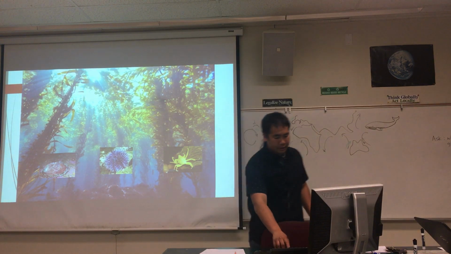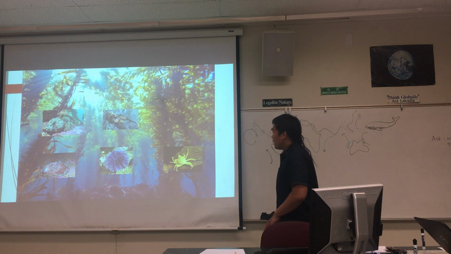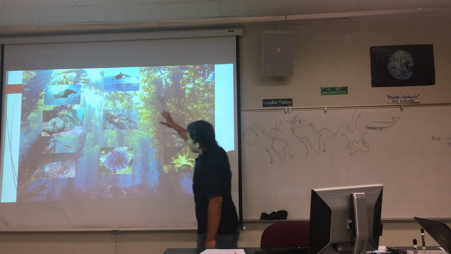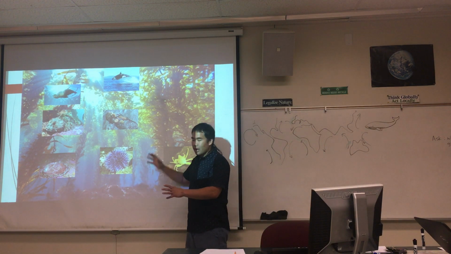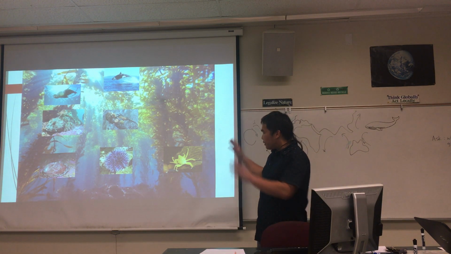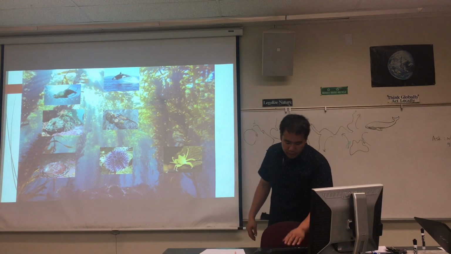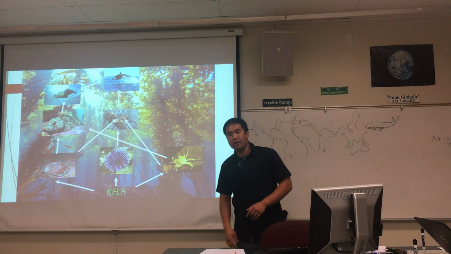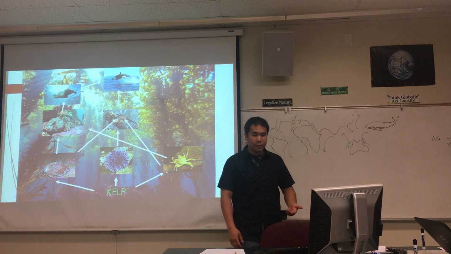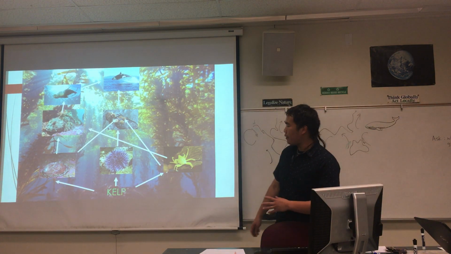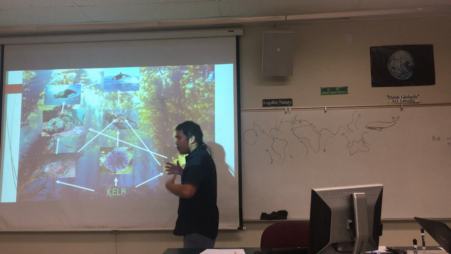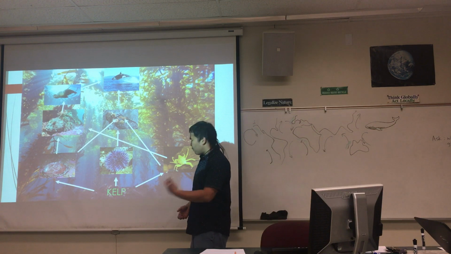What else lives in the kelp forest? Fish like the cabezon and sea otters, sea lions, and the killer whale is not really a kelp forest ecosystem organism, but I'll show you how it's involved in this later, right? So you take all these organisms, if you connect a bunch of arrows between them, what do we have? Food web, right? This is a food web. Keep in mind, a food web is useful because it shows many different interactions. However, it may be somewhat confusing to look at, but nevertheless, this is a pretty standard kelp forest food web,